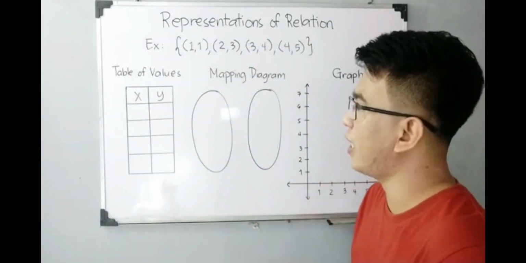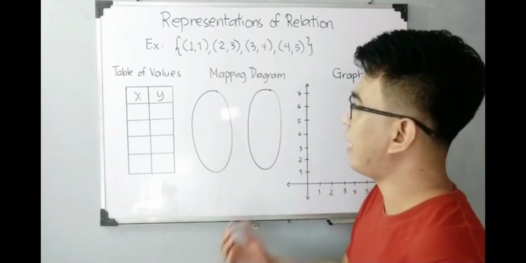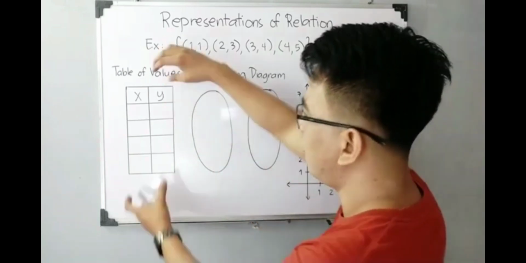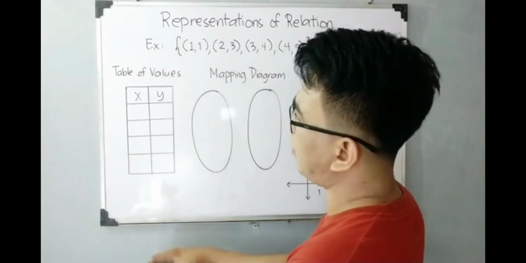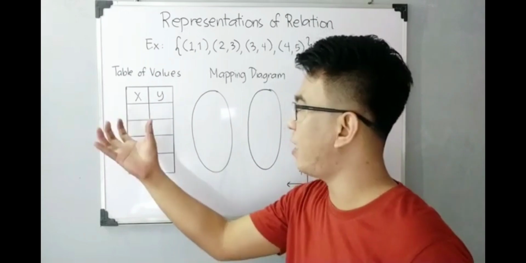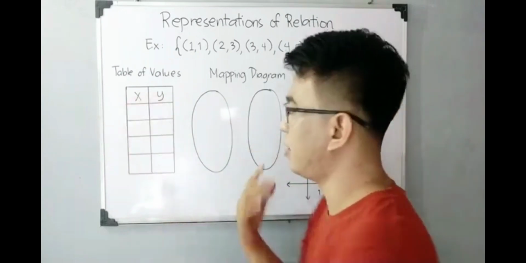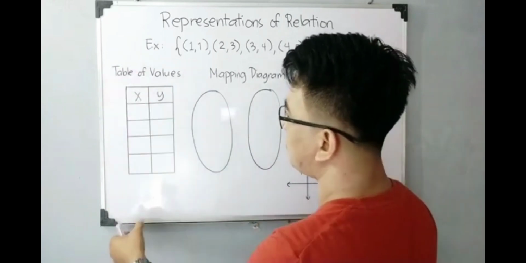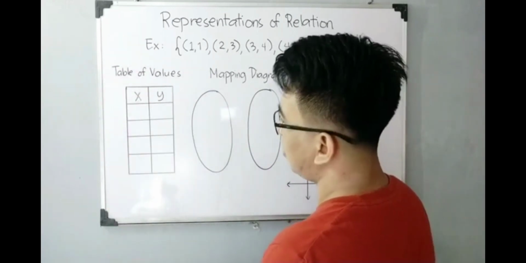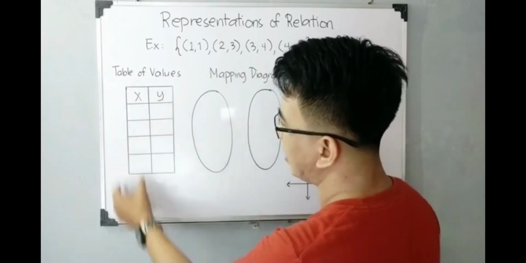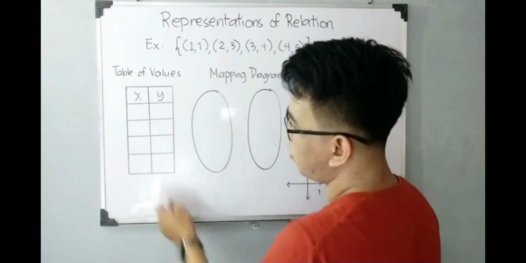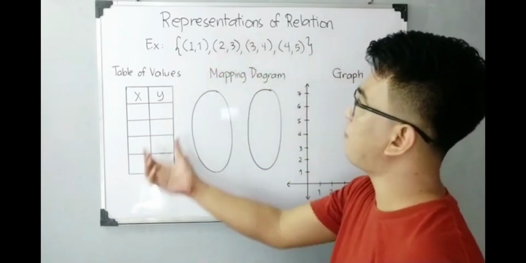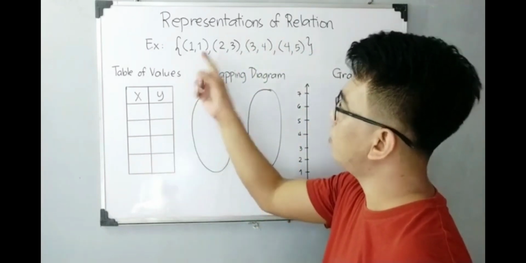Ang second way natin, or second representation ng relation, ay tinatawag natin table of values. As you can see, I have here a vertical table of values, but you can create a horizontal table of values, but this one, for the sake of our tutorial, ito yung formation natin. For the first part, we have the possible x values or yung domain natin, and yung y values natin or yung range natin. Ang gagawin mo lang to transform this one into a table of values, you need to list